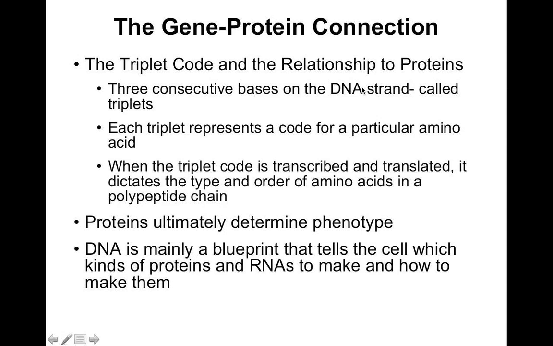Now, the gene-protein connection: the triplet code and its relationship to proteins. Three consecutive bases of DNA strands are called triplets. These triplets code for an amino acid. There is redundancy in the code, so multiple triplet codes, or codons as they're called, can code for one amino acid. So this allows for